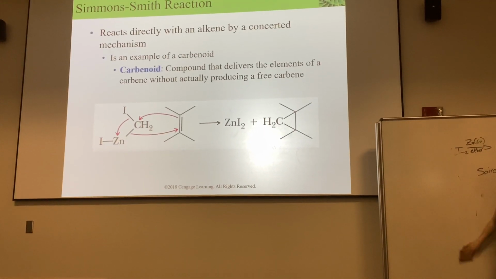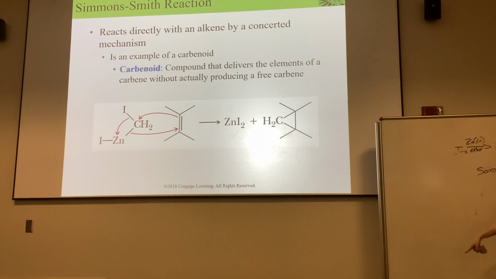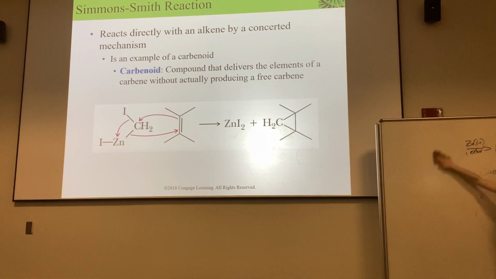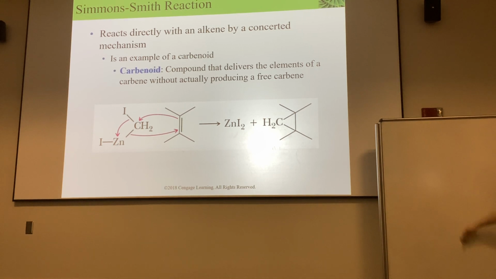Zinc is going to be one of them. You're going to have 2 hydrogens, an iodine and a zinc. Tack the other iodine on the other end of the zinc because metals like to be complexed by things, right? And then the bonds that get broken are the ones between the iodine and the carbon and the zinc in the carbon. So you do very similar to the carbene,